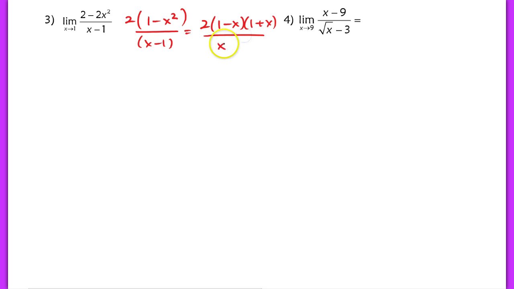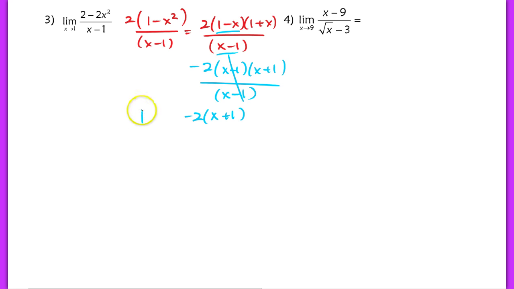And again, you need to be able to recognize that you've got opposites here, 1 minus x and x minus 1. So if I factor out a negative, now I have, in the numerator, x minus 1 times x plus 1 over x minus 1. So I'm going to cancel those like factors, and I have the function negative 2 times x plus 1 left over. So I'm looking at the limit as x approaches 1 of negative 2 times